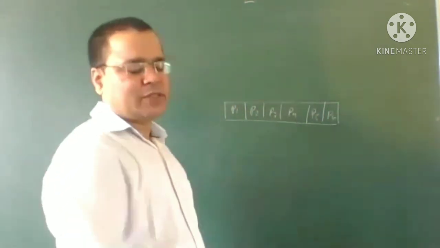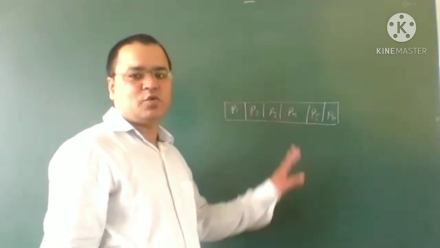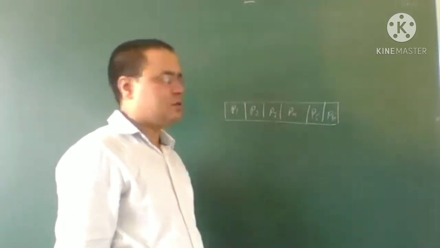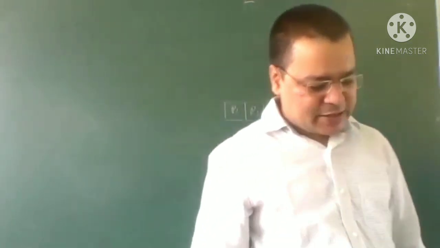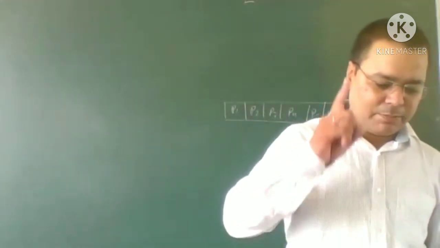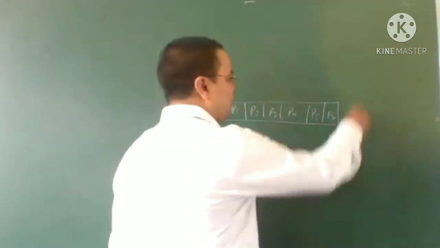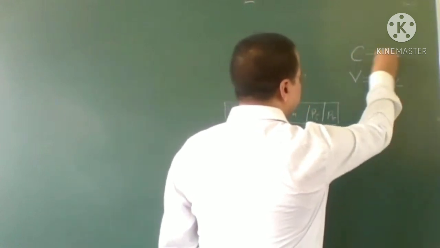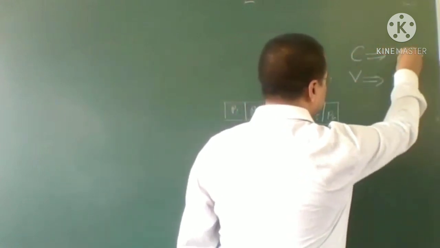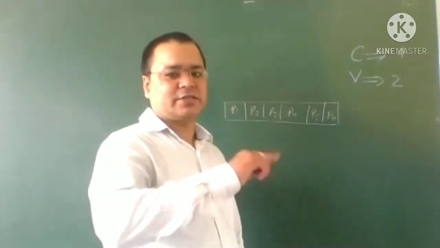You can use the same method as given in the example. Here I am just explaining this question to make you understand. The condition is all letters are used, but the first letter is a vowel. The total number of vowels is 2. The total number of consonants is 4. Total number of letters is 6.